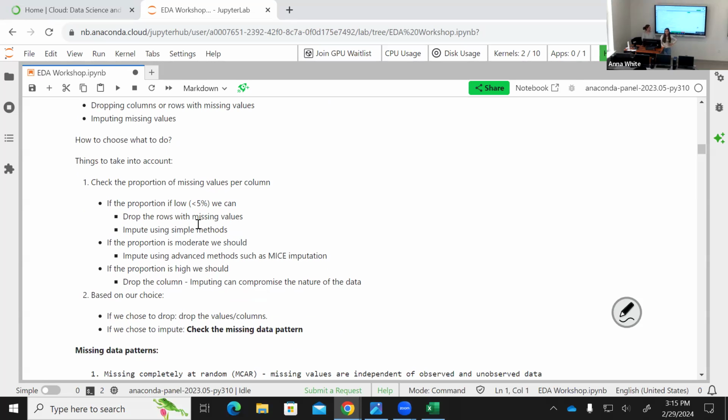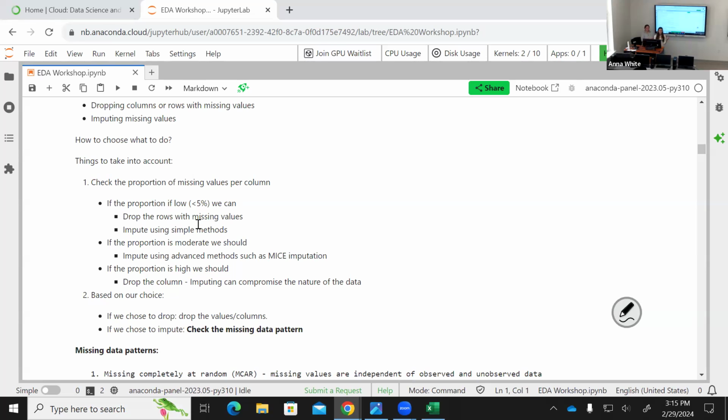We don't want to, if you have, I don't know, 40% of a column that is missing, drop all of that. We are losing a lot of information, valuable things that our data can be telling us, because we can have all the columns complete, and this column maybe is just missing data. So we're dropping all of the other columns for nothing, you know? So yeah,